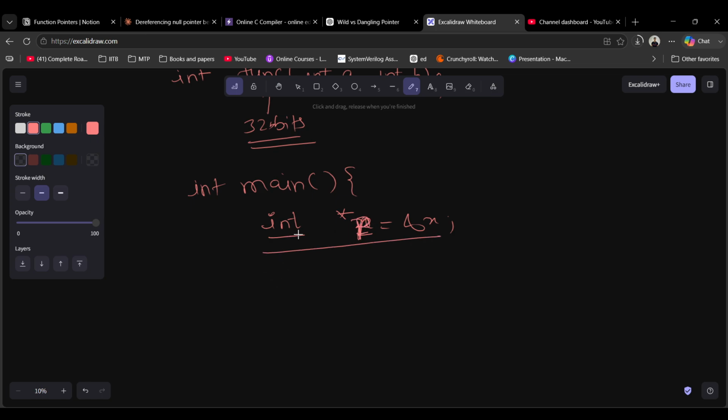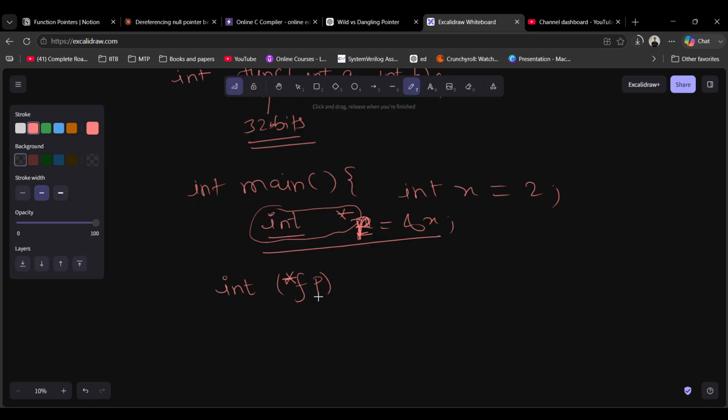Similarly, for pointers to functions we also have to give a data type. So how are normal variables declared? int x equals something, right? If you place a small star in front of the variable name, it becomes the pointer to that variable, right? So if we create fp